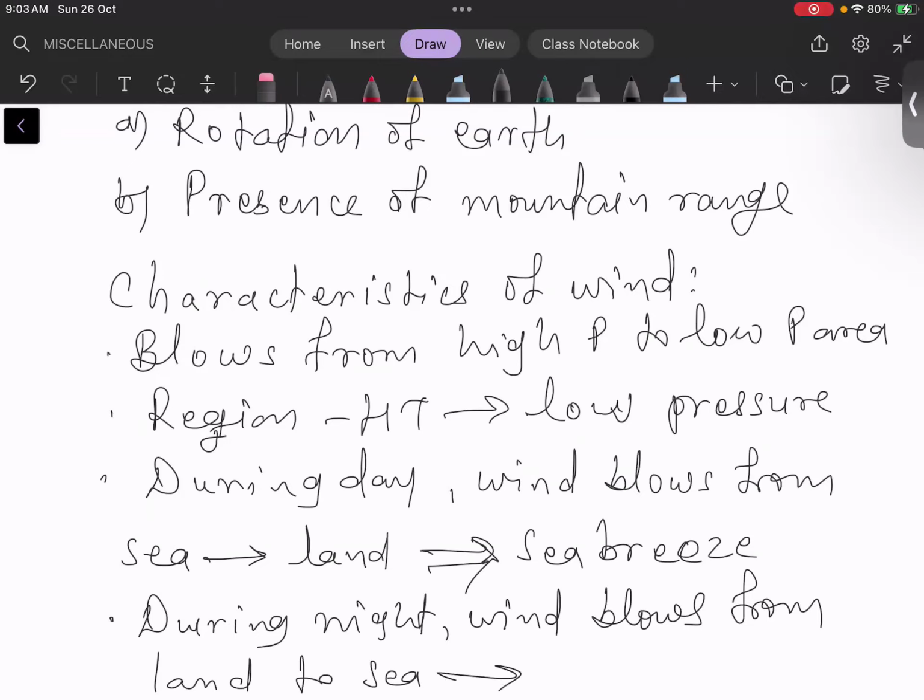And that is known as land breeze. Is there any doubt,